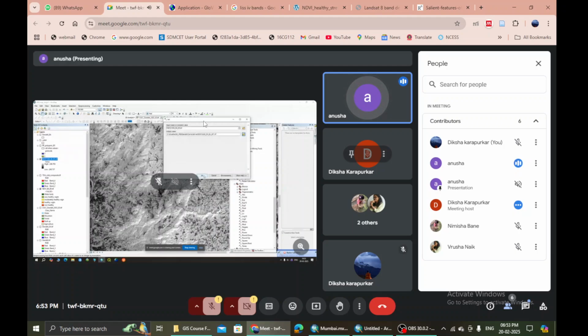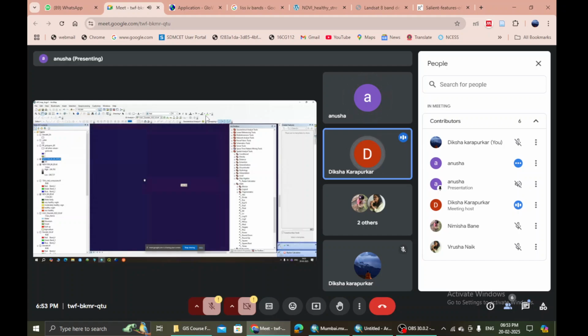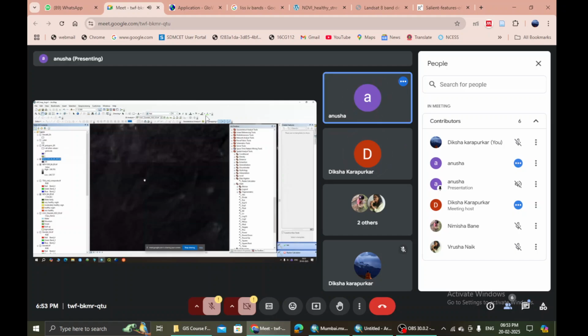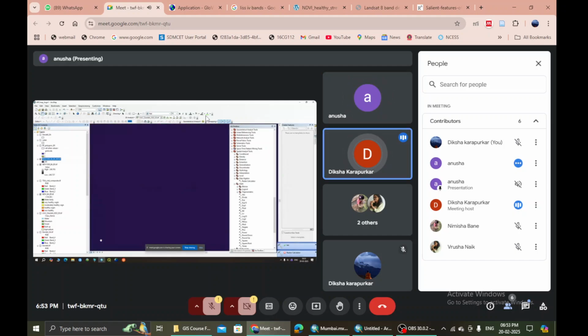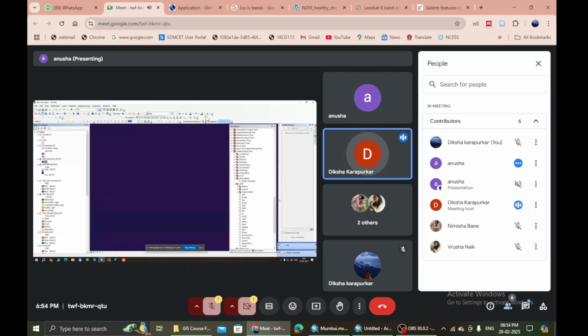So shall I save it, ma'am? Yes, yes. So you save it as int. Okay, you have done that, right? NDVI 1000 INT. Yes. Okay. Now zoom out. It is fully blue, ma'am. Fully black. It's only showing 240, no? Your high and low values, both are 240. That means we have to redo that raster calculator.